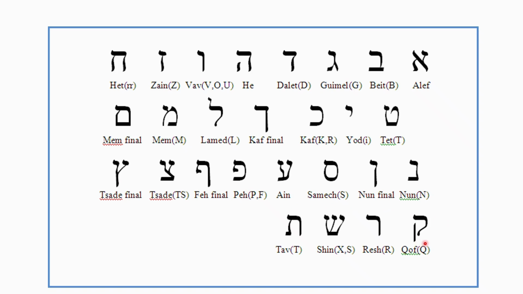Kuf, the sound of K, exactly like the Kaf with the dot in the middle. Resh, the sound of R. Shin, with the dot on the right side, and Sin, when it appears on the left side, and finally Taf. Alef, Bet, Gimel, Dalet, Hey, Vav, Zain, Chet, Tet, Yud, Kaf, Lamed, Mem, Nun, Samech, Ain, Fei, Tzadi,